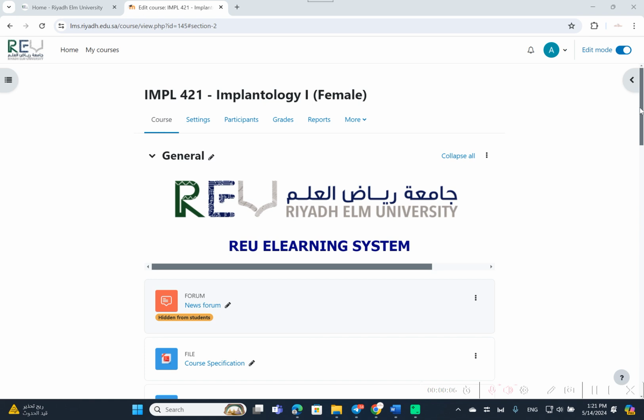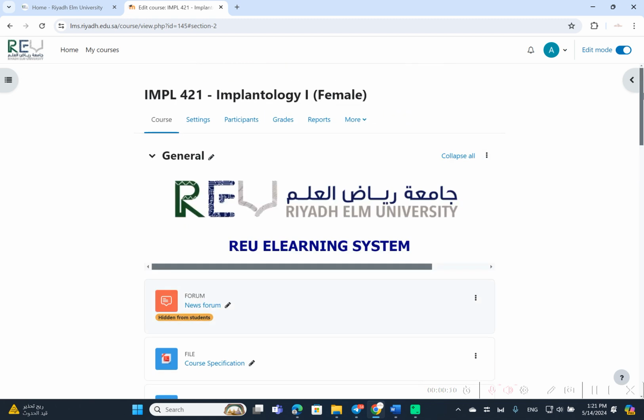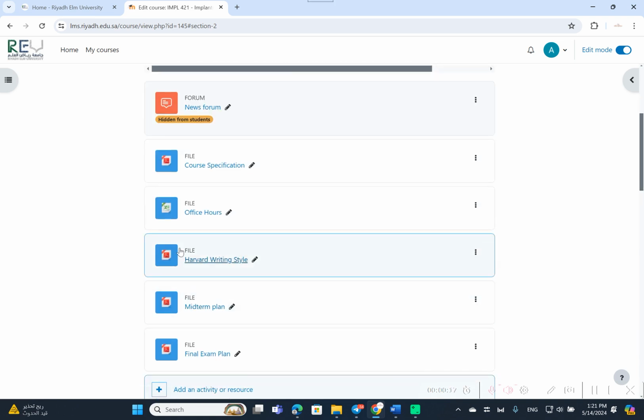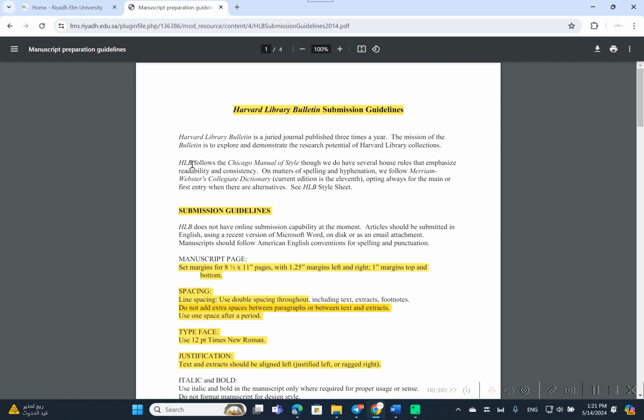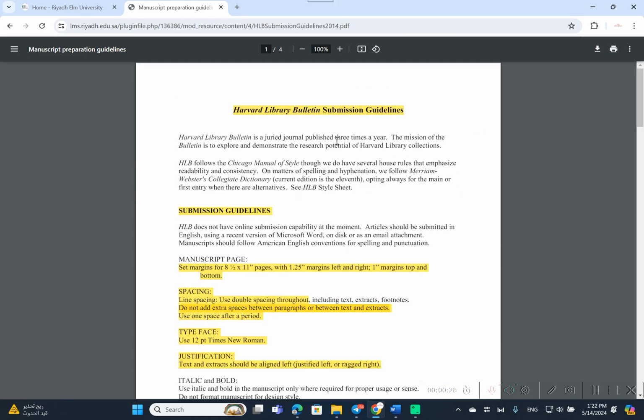Today I will explain the Harvard Writing Style Assignment. The first thing, you need to go to the Moodle website of the school, and then you will find Harvard Writing Style. You're going to open this one. You're going to find the highlighted important points that I'm going to grade on. So the first thing, the title, the second title, main title, second title, and then the margin